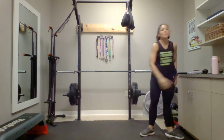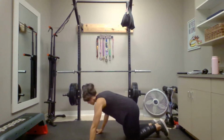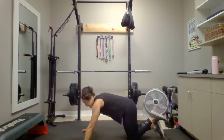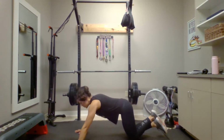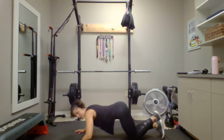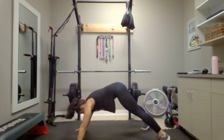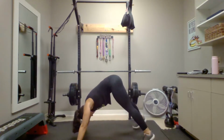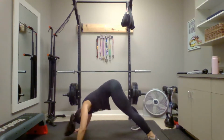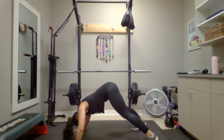We're getting started. Pike push up first, 20. Again, if you're beginner, you're gonna start on your knees. You're gonna go down into a push-up and you're pushing your body back. Ready? Let's go. 1, 2, 3, 4, 5, 6,